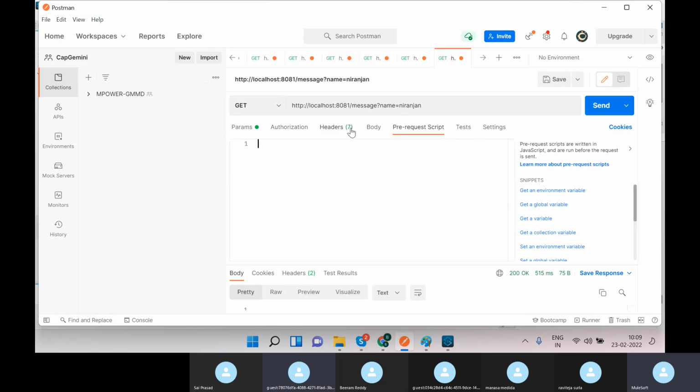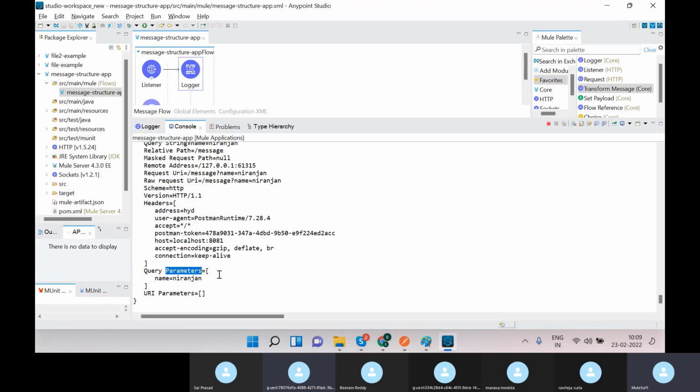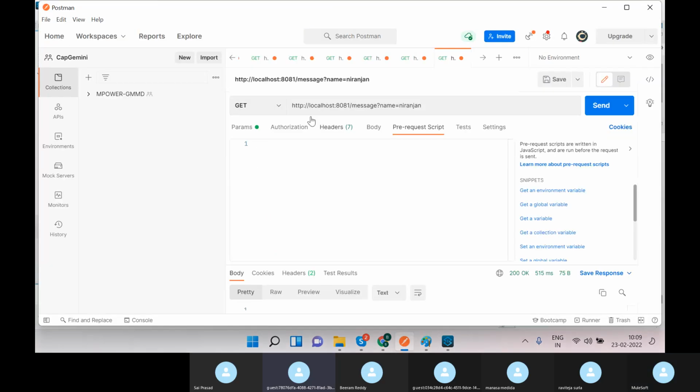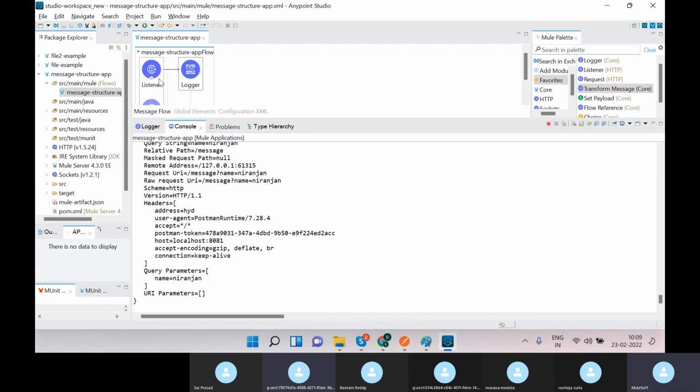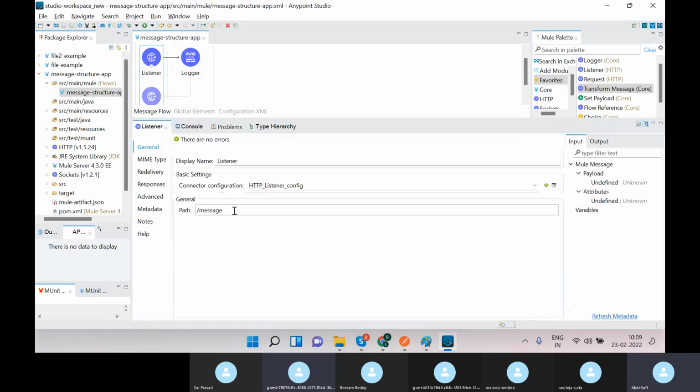Even these details you can see, but most of the time we will send headers and query parameters. If you want to see the URI parameters also you can, but for that you need to do something inside the Mule application. If you want to send any URI parameters, /* is required. Otherwise, if you remove the entire thing,